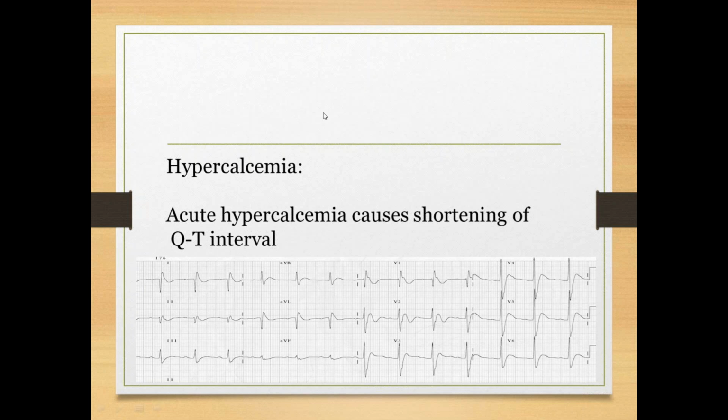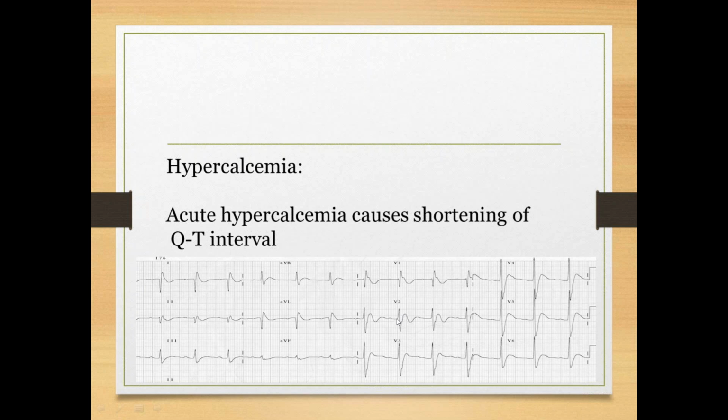So this has been a V2 lead of hypercalcemia. Mainly for the QT interval, we definitely look into the precordial leads only. To read the QT interval, we look from V2 to V6 only, precordial leads only. In comparison to a normal ECG, you can definitely see this is the P wave, this is the QRS complex, the R wave upward deflection, the S wave coming down, and then the ST.